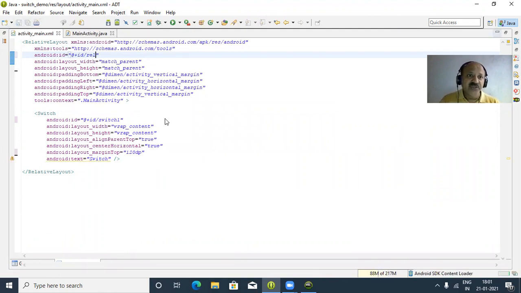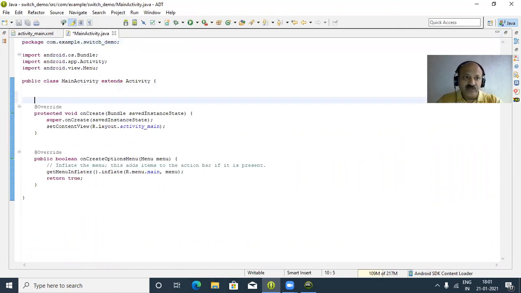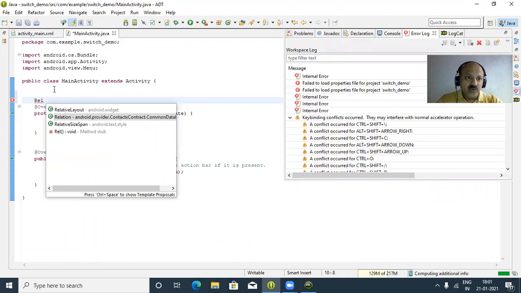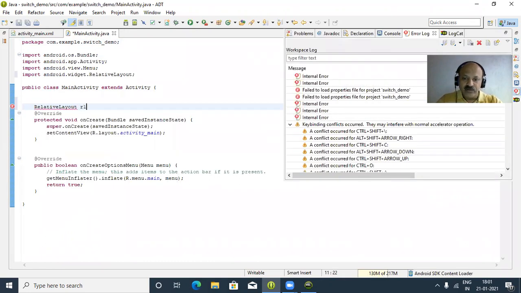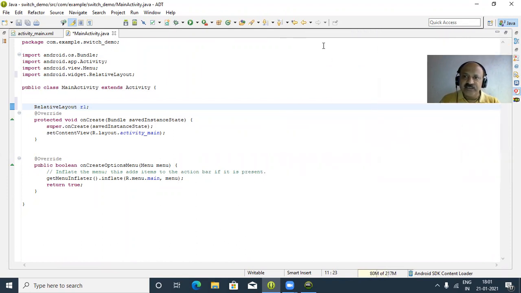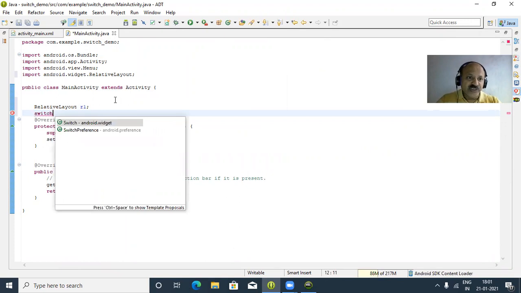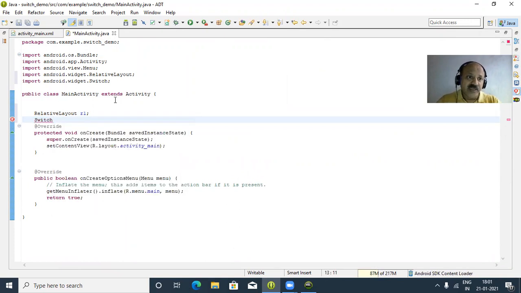So let us check. First we take the reference, so RelativeLayout r1. Here I minimize this, and then we take Switch. That is the switch control, S is capital and the rest small, that is our class or control.